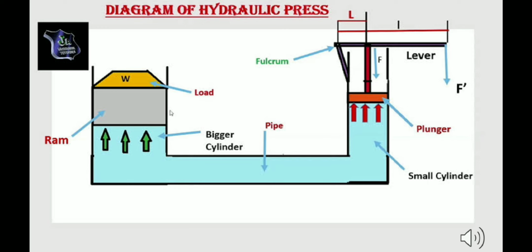The same thing happens with ironing of the clothes. What will happen? The force will be applied from there, and the pressure will be created. The pressure transmits, and it comes to the other piston. It will rise up. It will iron the cloth over there, and then when the pressure is released, it will again come down. And in this way, the hydraulic press works.